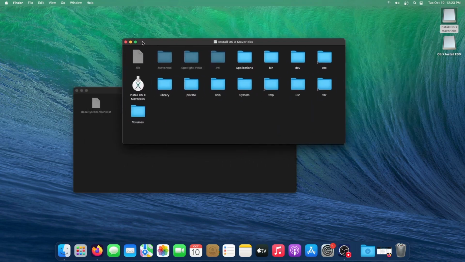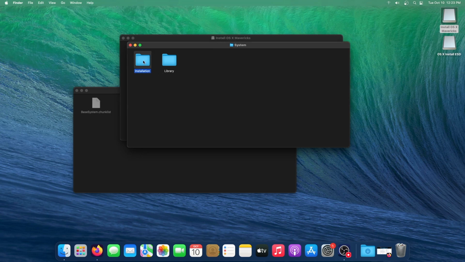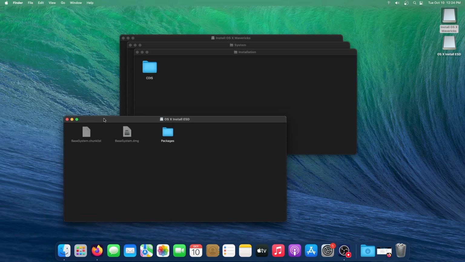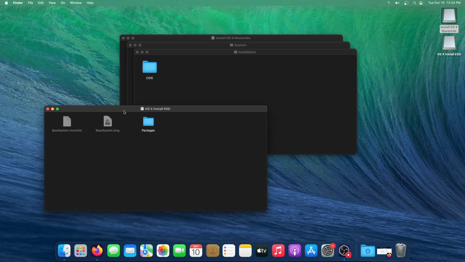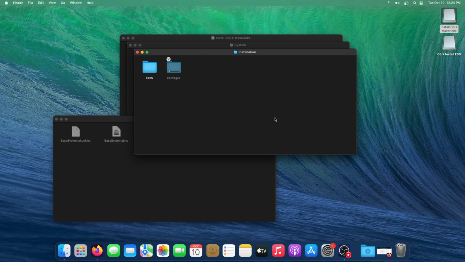And then, alright, there's one thing left we have to do. We simply go into System, and then into Installation, and then right here you'll see this Packages folder. All we have to do is move it to the trash, and simply replace it with the Packages folder inside your OS X Install ESD that you mounted from within the file. And then drag it right here. And do note that this will take a little longer than the restore did, but I will be right back